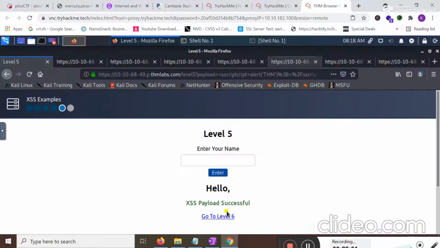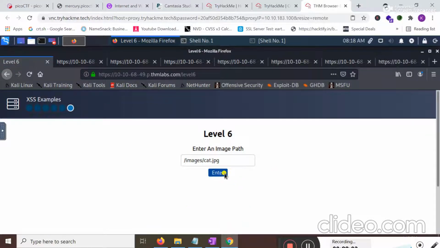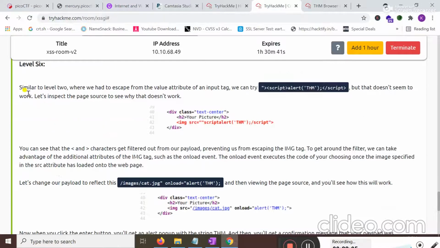Okay, it's time to go to level 6. Similar to level 2, there we had to escape from the value attribute of an input tag. We can try this one. Let me show you. When I copy this from here,